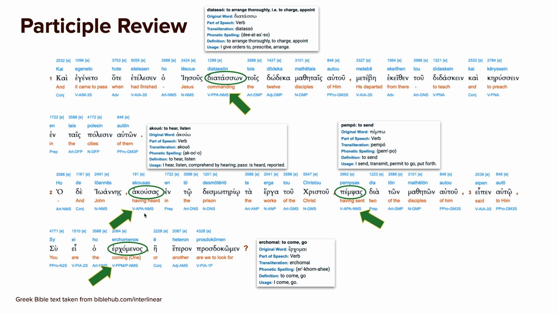We didn't really talk about the aorist, but the difference between the aorist and the present participle is the place and time. This happened before. So the ending is going to be a little different. Notably, you're going to have this sigma here that will indicate that it's an aorist, and then you have different endings. Again, this one's aorist, having sent, and then erchomenos, the one who's coming. So that is the men morphing there. The men will indicate that it is a present participle, but it's middle and passive.